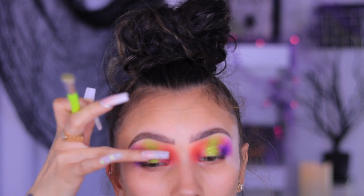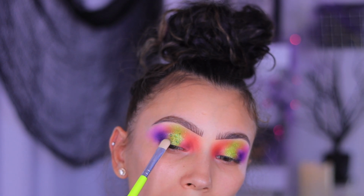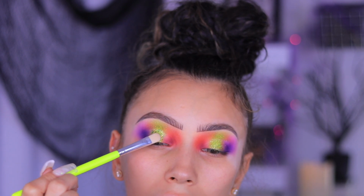So if you are a beginner with makeup and you don't really know how to work with glitters, I highly recommend a pressed glitter palette. That way you don't need any adhesive. But now I'm going to go over top of that with the chunkier glitter, and this one you want to be a little more strategic with where you're putting it,